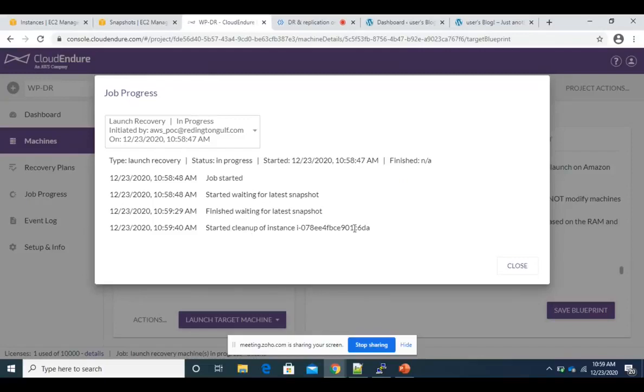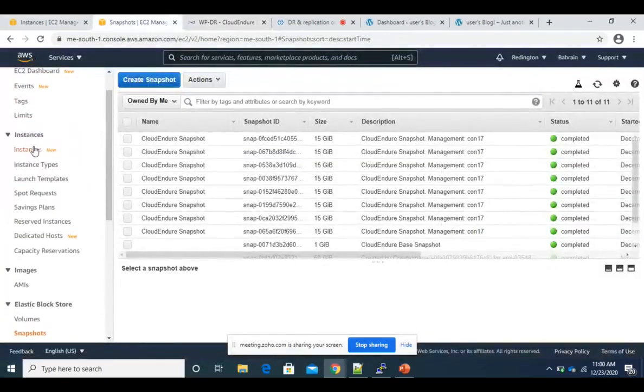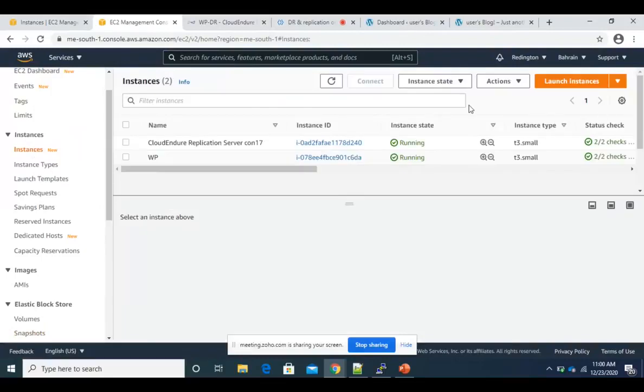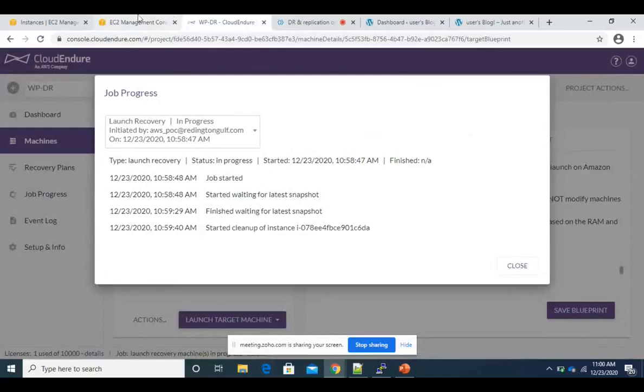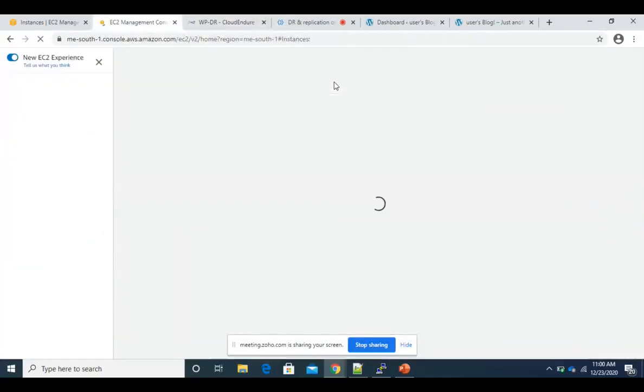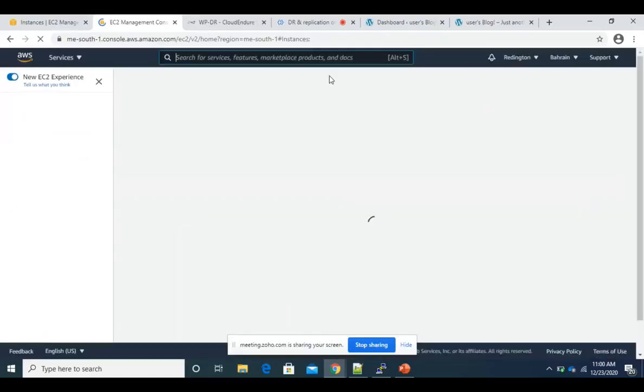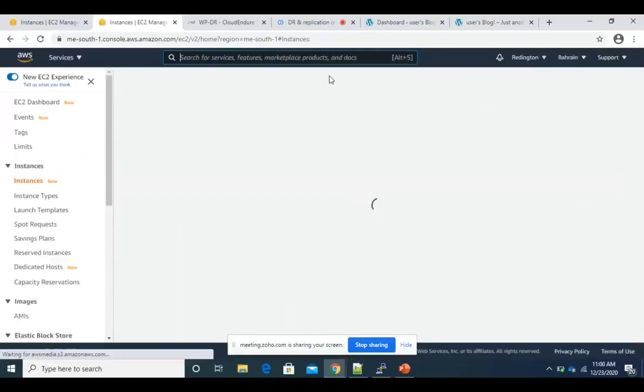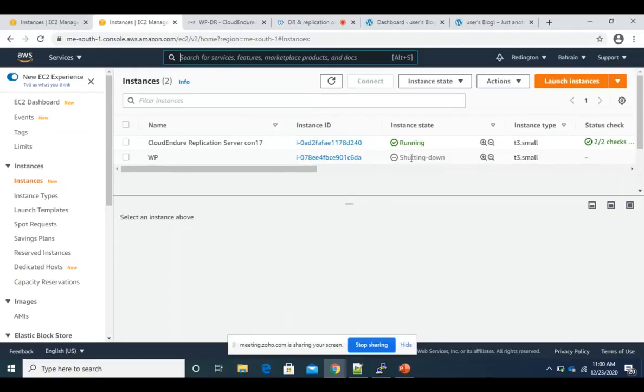Now it is doing a cleanup of my instance because I have launched an instance in the test mode. So that instance will be terminated. If I refresh, you can see that this instance is getting terminated. I no longer need the test instance.